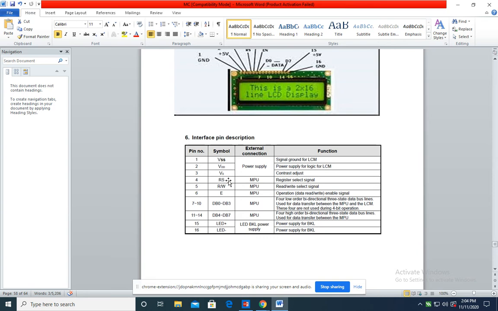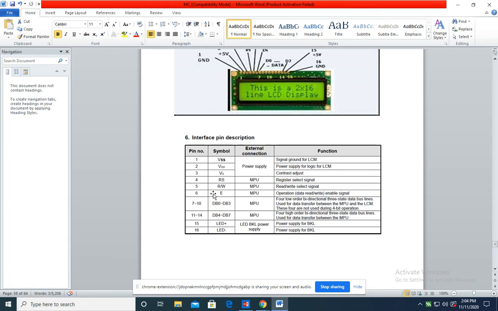First one is RS, that is register select. Second one is read write bar. Third is the enable pin. To enable the reading and writing operation, this enable pin should be applied with a high to low signal, or a low to high signal.